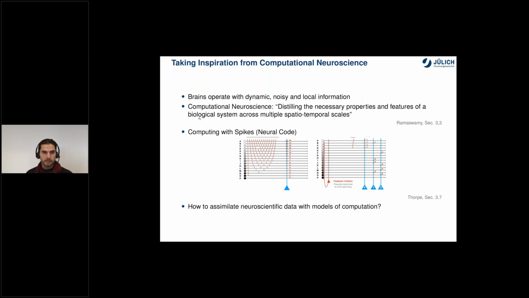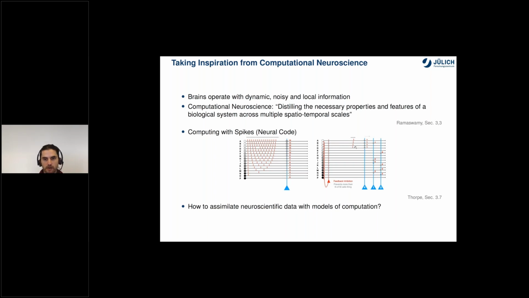And that immediately raises the question: if that is how neurons communicate, if that is the medium by which neurons communicate, how is information encoded in those spikes? Simon Thorpe in this section is describing different methods of encoding this information. A simple method would be just encoding, for example, a value in the number of spikes that occurred in a time step, or using the precise timing, or even the more elaborate methods by which we look at which of a group of neurons were active during a certain time period.